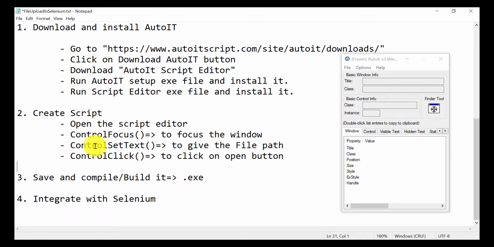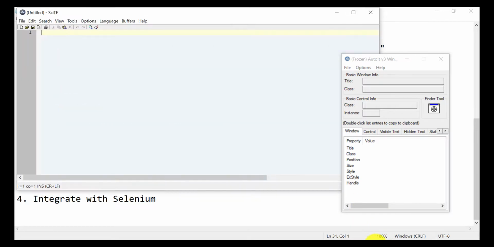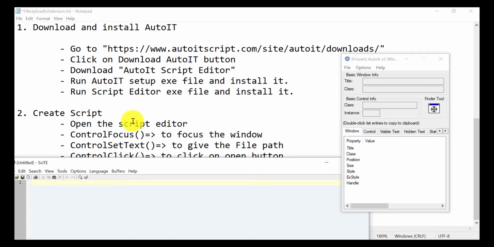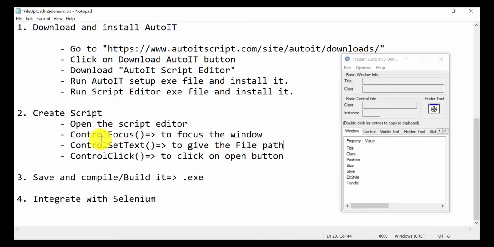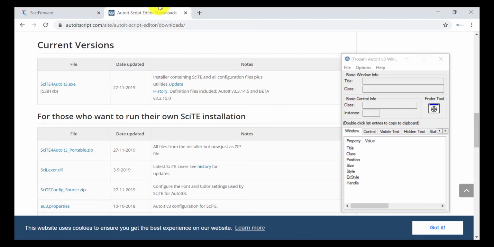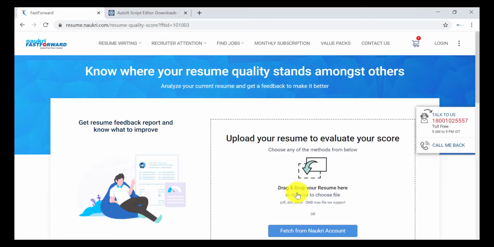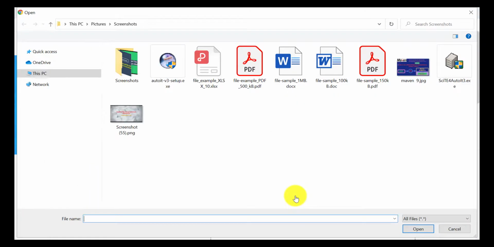Now the next step is to create the script. Open the script editor. I have already written the commands, so let me explain these. When you click on the browse button, first of all we need to take our focus to this window.